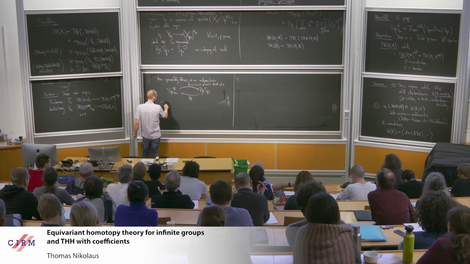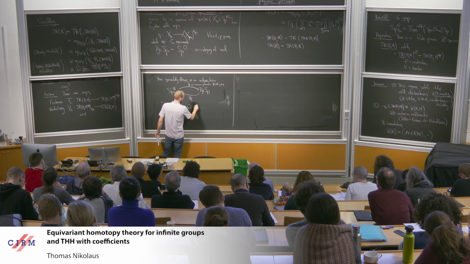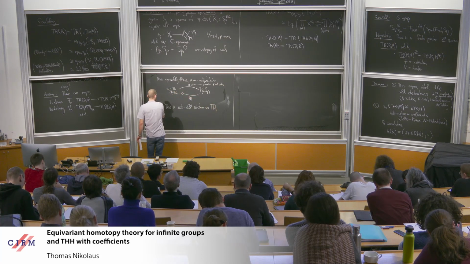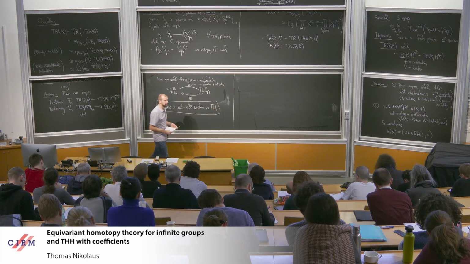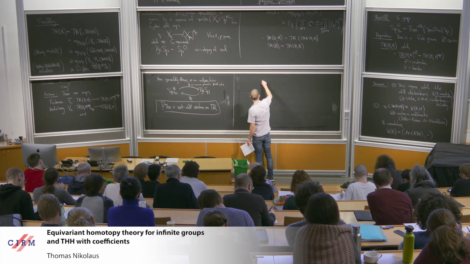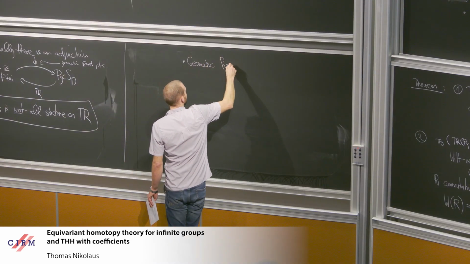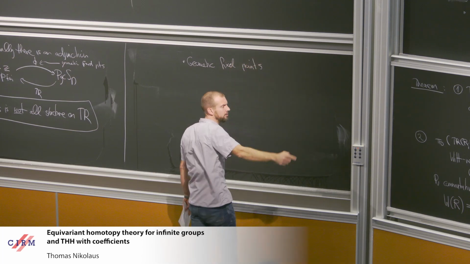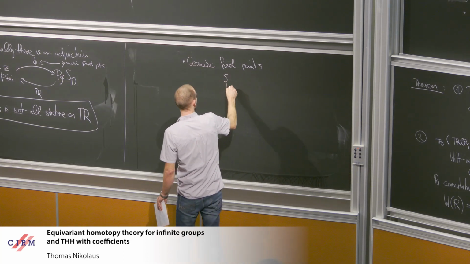So the problem is this is not all the structure on TR. And this is a little bit vague, so let me substantiate what I mean by that. I claim that this finitely genuine Z-spectrum doesn't see all the structure we want. And the first problem is the geometric fixed points. Let me go back to the setting of an arbitrary group, and the geometric fixed points functors from the